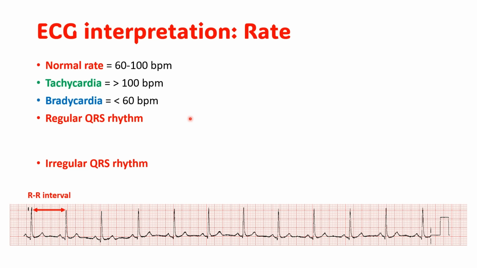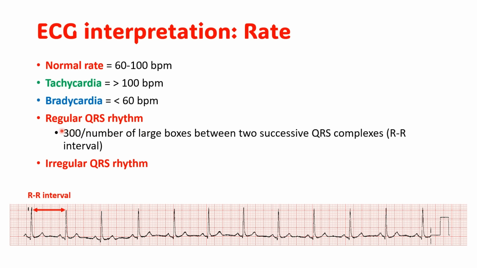If they have a regular QRS rhythm, that's why it's important to work out the rhythm first, whether it's regular or irregular, we can do 300 divided by the number of large boxes between two successive QRS complexes, so the RR intervals. If we look here, for example, between this R wave and this R wave, we have 1, 2, 3, 4 large boxes, therefore the rate is going to be 300 divided by 4,